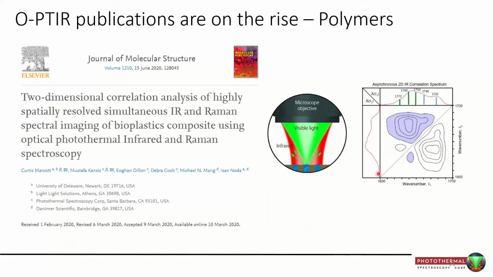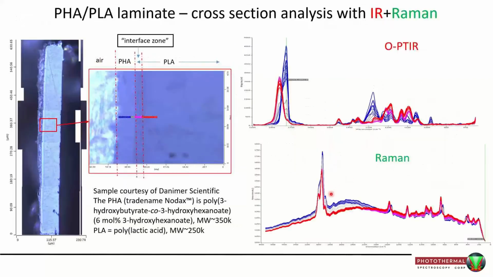Just to give you a bit of breadth, polymers is another hot area for application for this sort of technique, and IR+Raman is a natural fit there. In this particular example, we looked at a PHA PLA. These are biopolymers, biodegradable polymers, and we looked at these laminates, a PHA on PLA. These should not be particularly compatible, but they were, so that was the point of the investigation, and particular focus was this interface. Taking a line profile across here at 100 nanometer steps, we collected O-PTIR and Raman spectra,